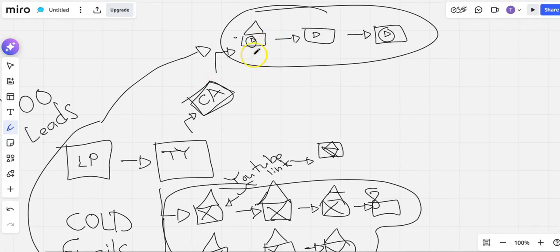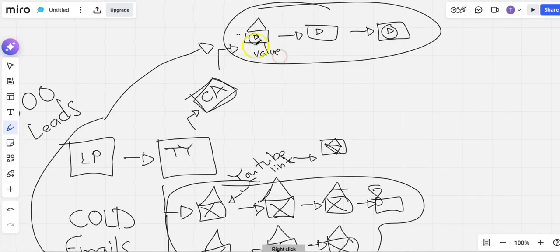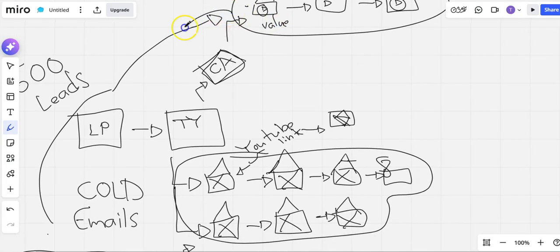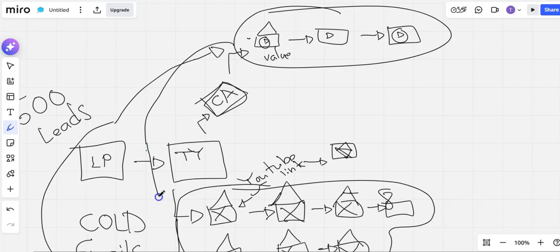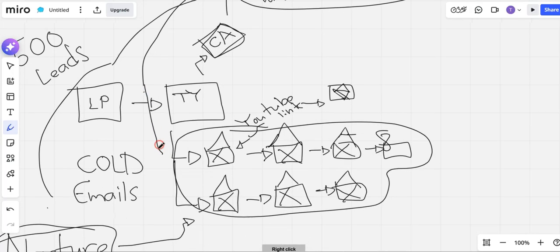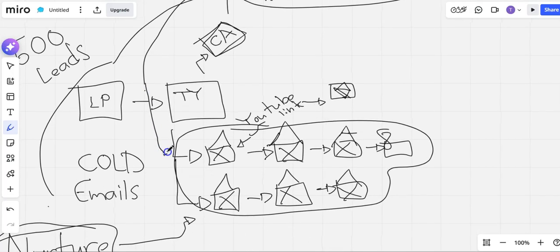And by the time you're giving value, right? Look what happens. This whole sequence over here, people are going to open more of your emails. That's how you actually turn your cold emails into people clicking on your email links even more. Okay.